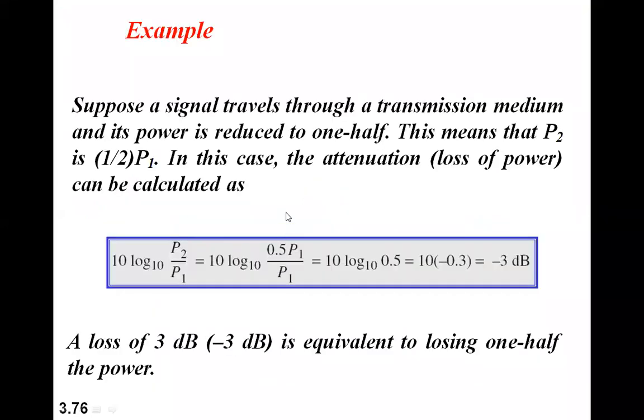Amplification and attenuation are normally represented by a unit called decibel. This is also familiar to you. When power is transmitted from one point to another, if it is reduced to half, then we call the loss of power 3 dB. So it is always measured as